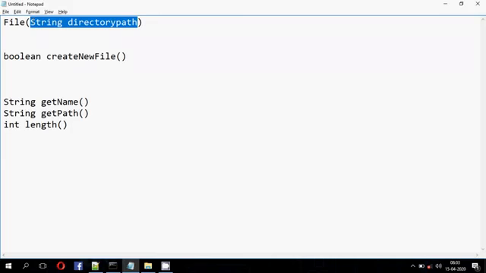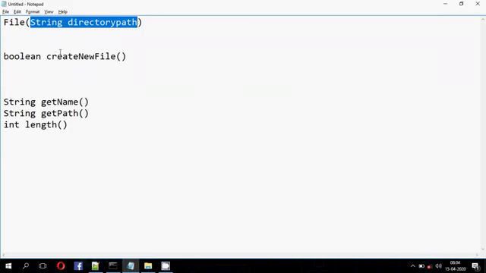Whenever we give the name of the file, at that time that file will be created in the current directory. So there is no need to write the whole path of the file. Once the instance or object is created, then we will use this function createNewFile to create a file, and then we'll check whether the file is created or it already exists.